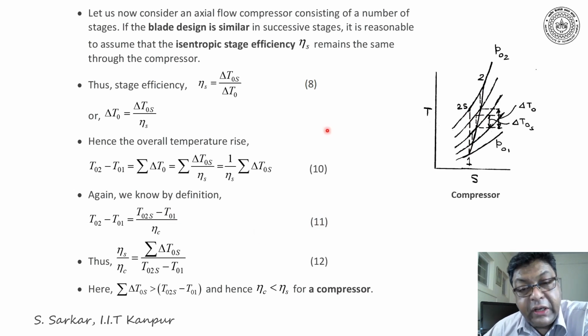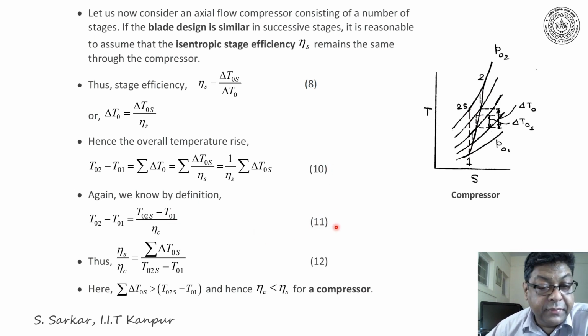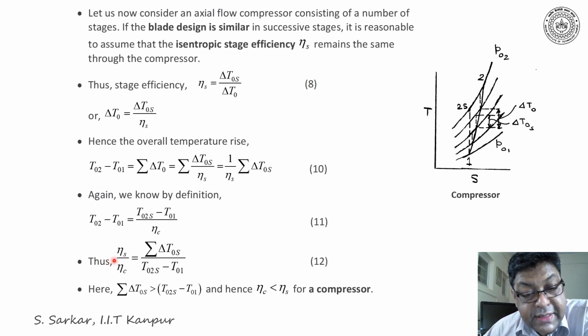Now, if we equate equation number 10 and 11, I can write eta S by eta C is equal to sigma del T0S divided by